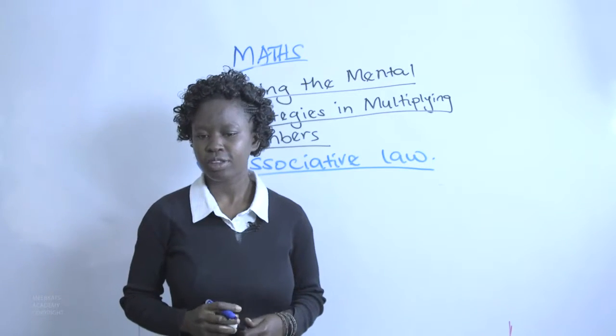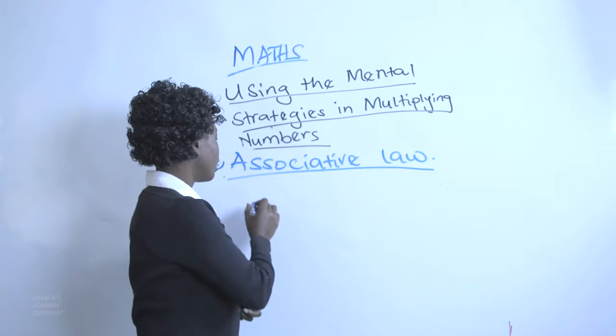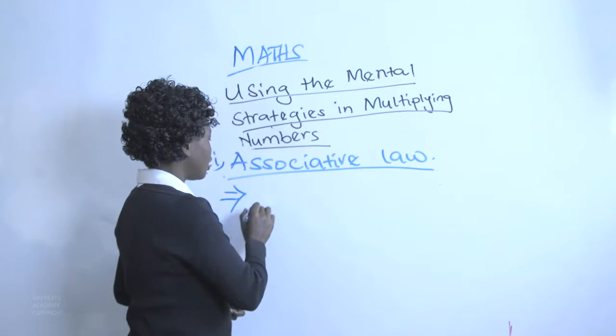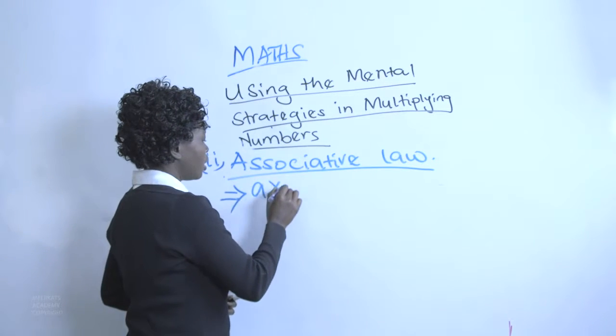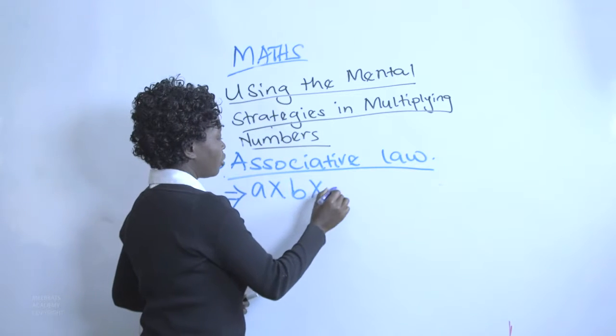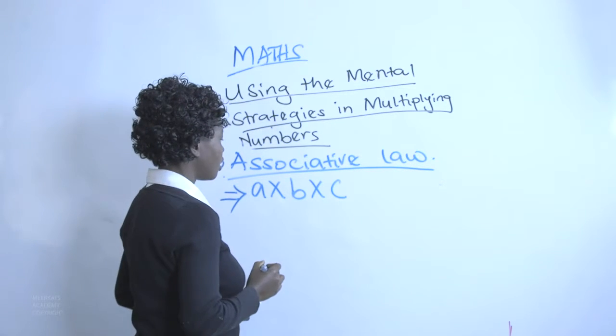With the associative law, it implies that if I have 3 numbers that I'm multiplying, let's say A times B